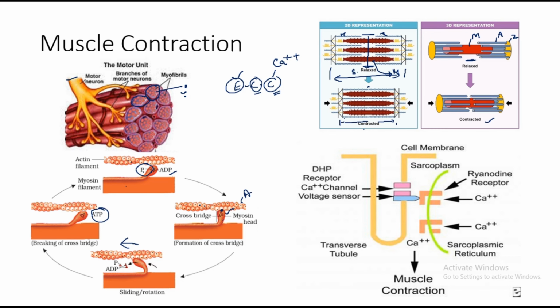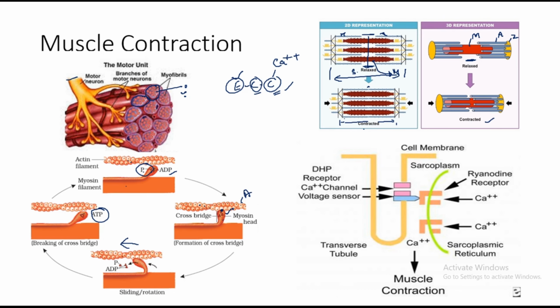Once again, the energized myosin head binds with the actin filament and pulls it towards the M line, and again with the breaking of ATP, a new ATP molecule binds with the myosin head and breaks up, and it causes relaxation. This is a cyclical process. The excitation causes the contraction with the help of calcium ions.